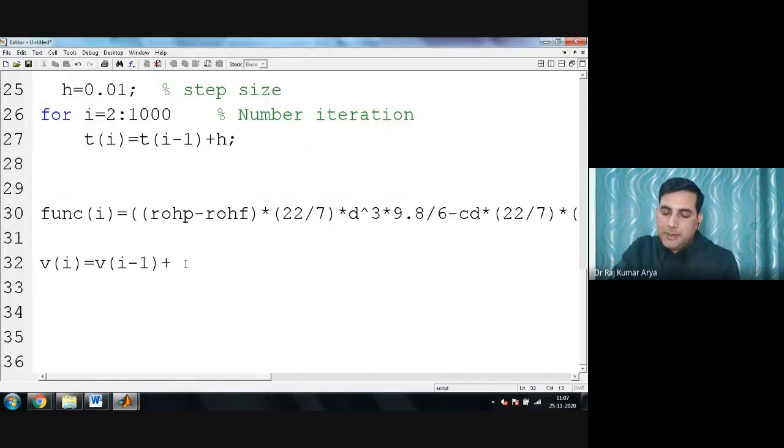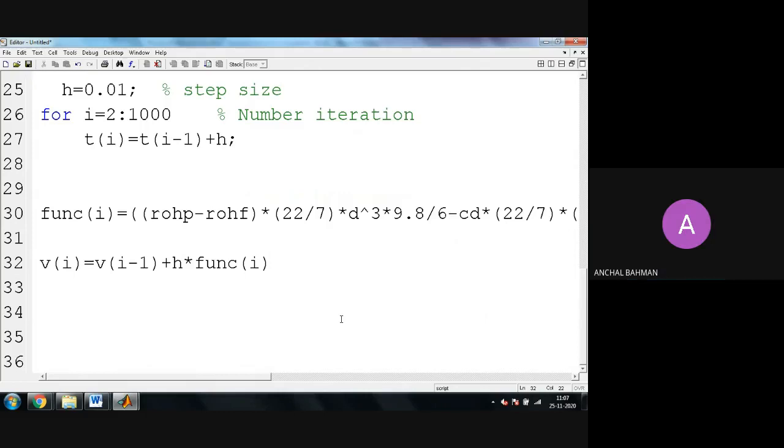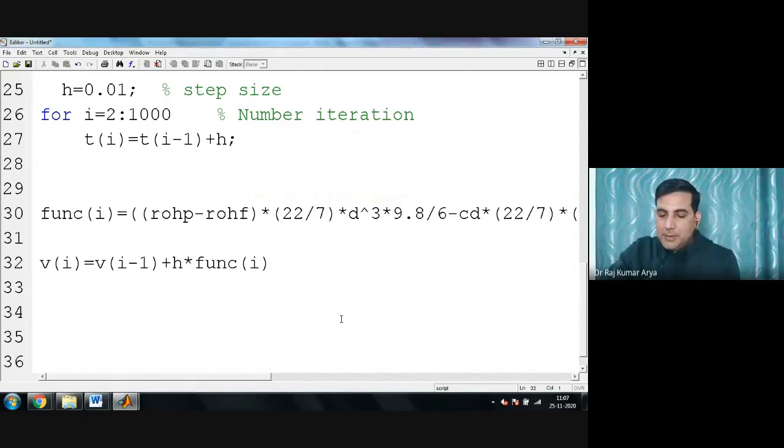So you need h here. Now you are multiplying by this function, whatever function you have got. You can give it any name actually. I wrote it here; you can write F1, F2 also. That's not a problem. So you got this. Correct? Now you want to end it here. So this for loop will end.